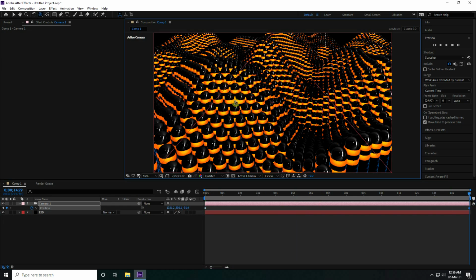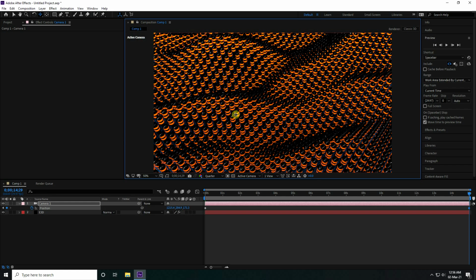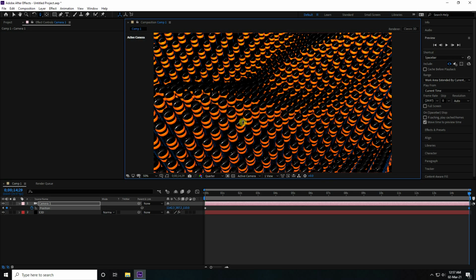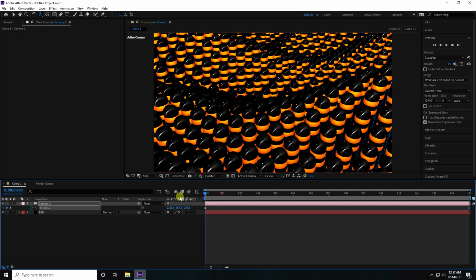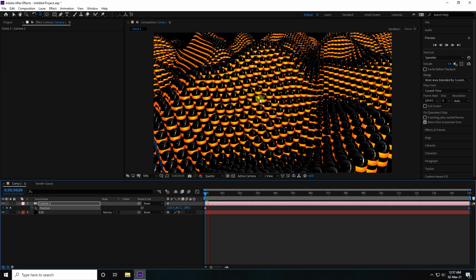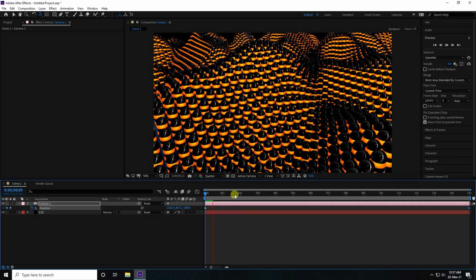And guys, change the rotation randomly, and closer. And again rotate. Yes, much better. See guys, that's my camera movement animation. Okay, so guys, my animation is finished.